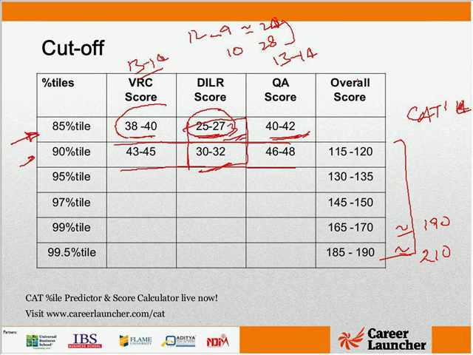Which colleges to apply to? Well, you're looking at about 28 in VA, 8 in LRDI, 22. You should basically be looking at colleges where there'll be no sectional cutoffs. However, we'll also be coming out with the call predictor quite soon. So you'll have a very clear-cut idea of which colleges to expect a call from based on the score that you've gotten. Give us a day or so and that will be live. However, currently, considering that you're expecting around 8 in LRDI, sectional cutoff might be a little difficult, so you need to look at colleges according to that.